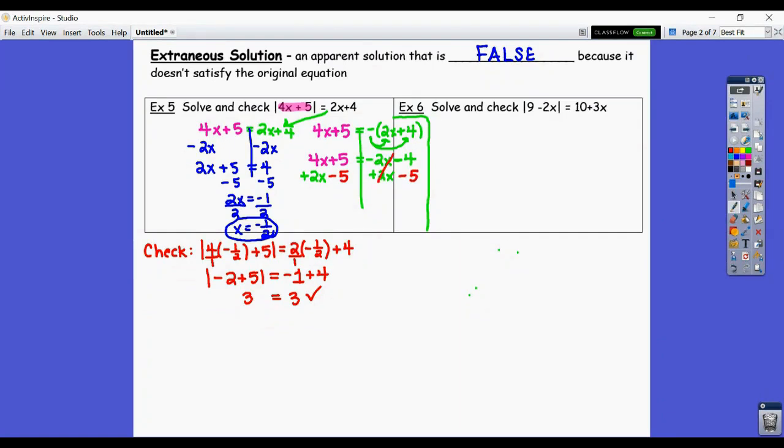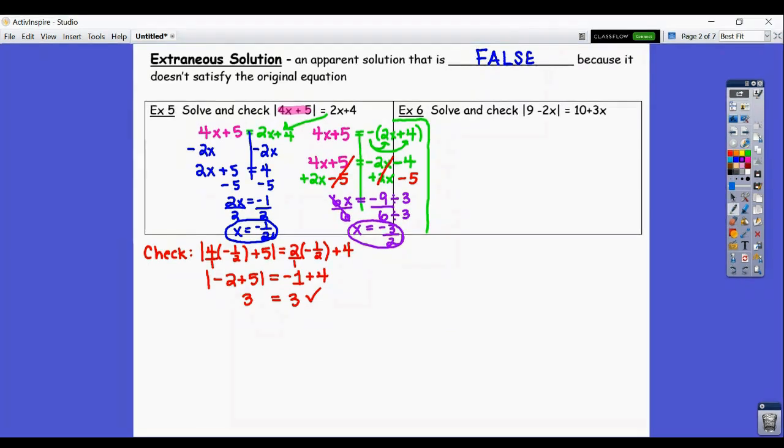Numbers on one side, variables on the other. I get 6x is equal to -9. From here, I divide by 6. I can simplify this down when I divide 3 by both the numerator and denominator, making it -3/2 as my x value. We'll now go ahead and do our check, and this is where we would catch if it's extraneous